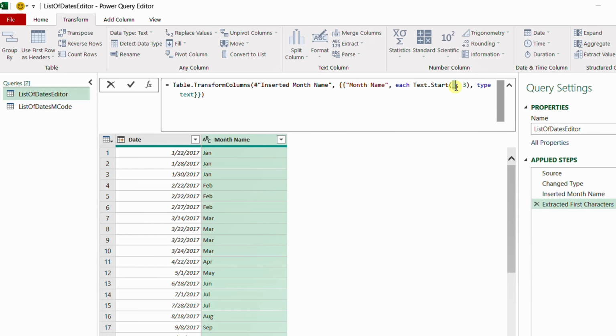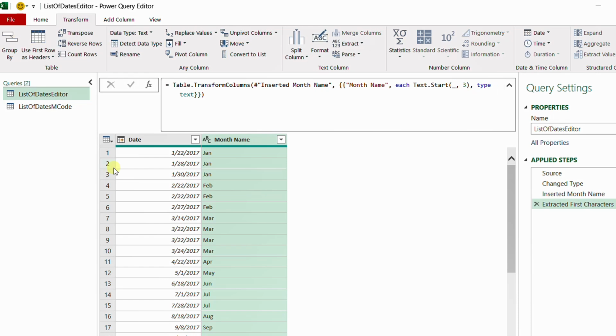First argument will be the text. You can see it here represented as an underscore because it is part of the Table.TransformColumns function. And then after the text you will have 3, and 3 is the number of characters that you want to extract. This function is typically the Left function in a normal Excel worksheet. So we have to perform these two functions in order to reach the same stage that we reached so far